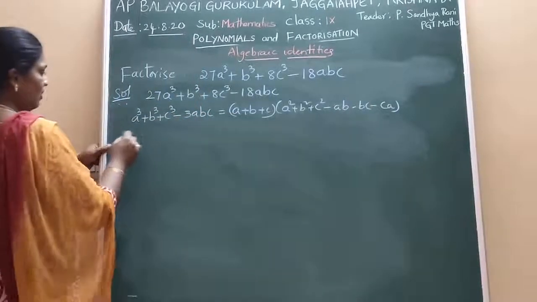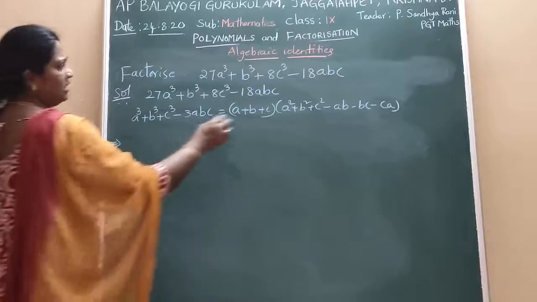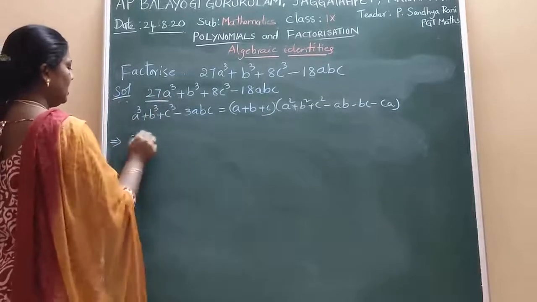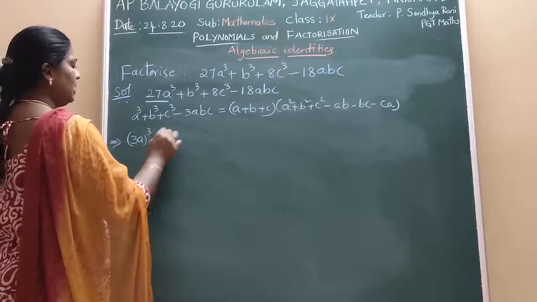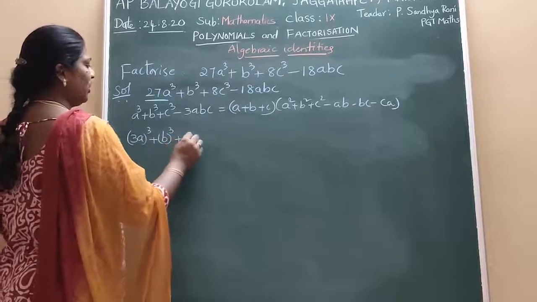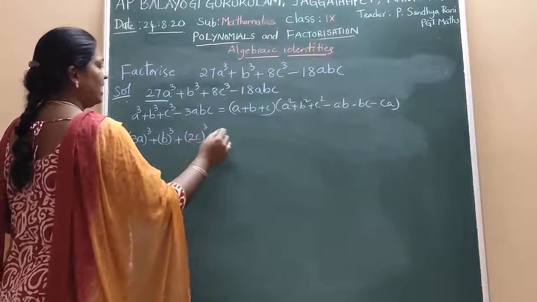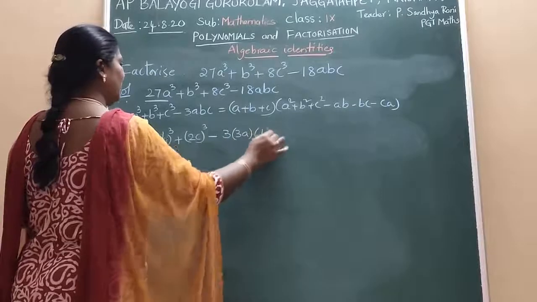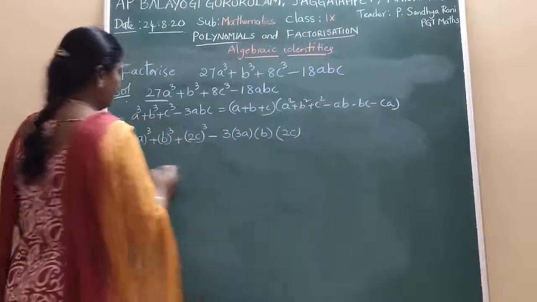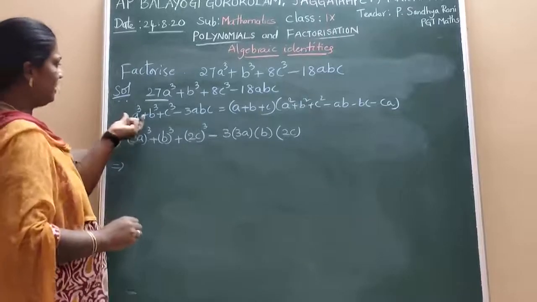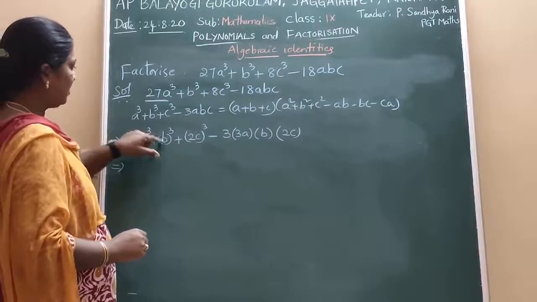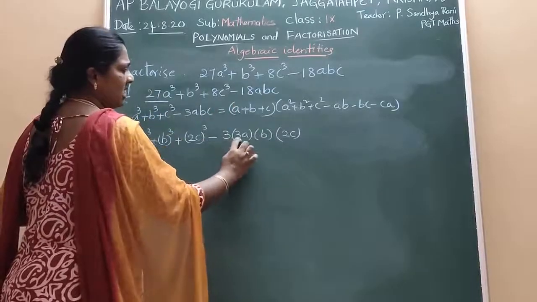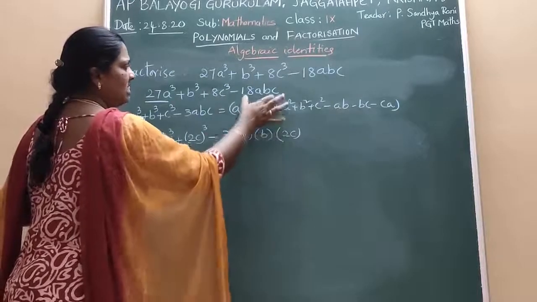Okay. Now we have to factorize this product into two factors. First one, 27a cube can be written as 3a whole cube, plus b can be written as b whole cube, plus 8c cube can be written as 2c whole cube, minus 3abc, no? 3 into a is 3a, and in place of b we write b, and in place of c we write 2c. So this is in the form of the above said identity, that is a cube plus b cube plus c cube minus 3abc, because 18abc here, no? We got 3 3s are 9, 9 2s are 18. A into b into c, that is abc.